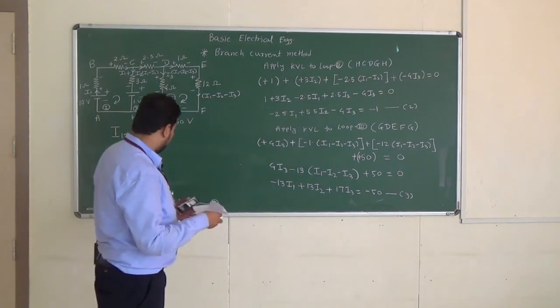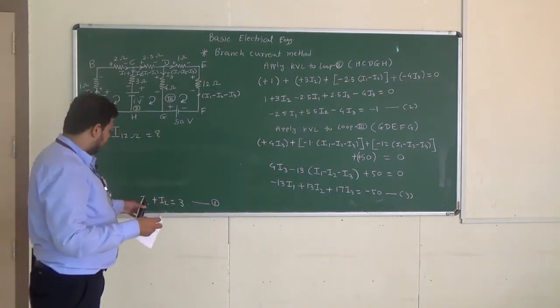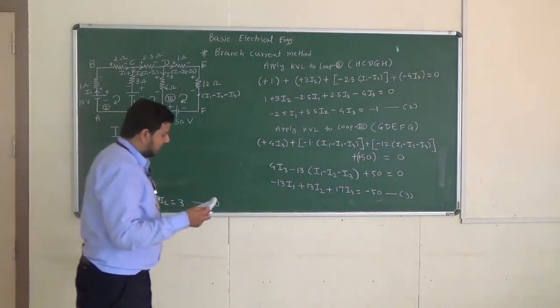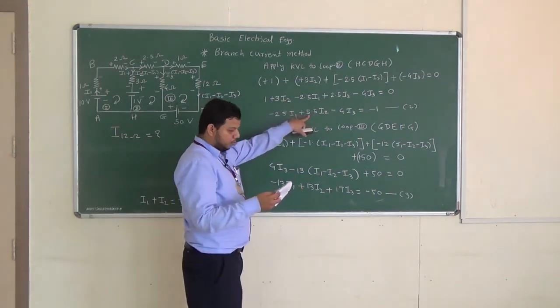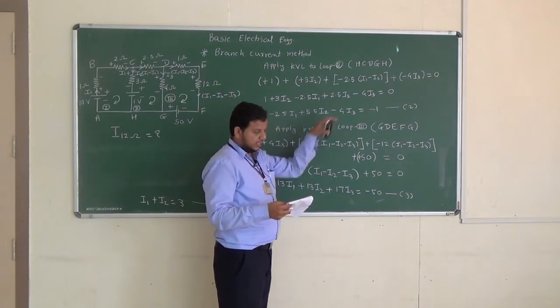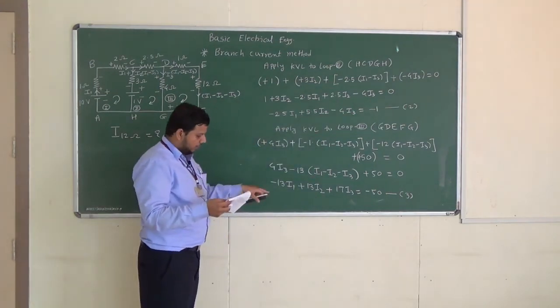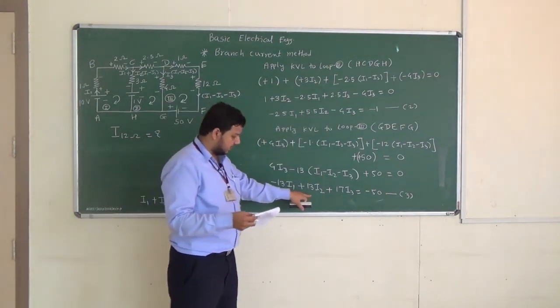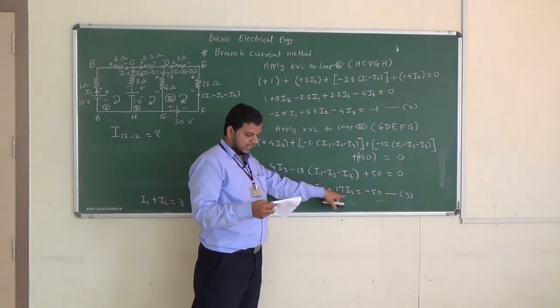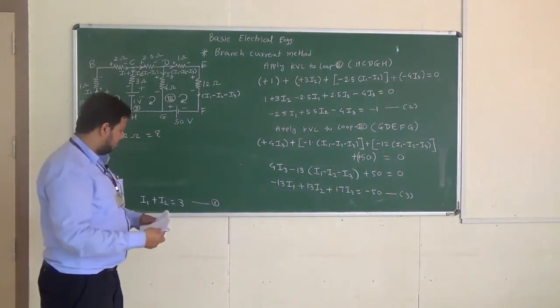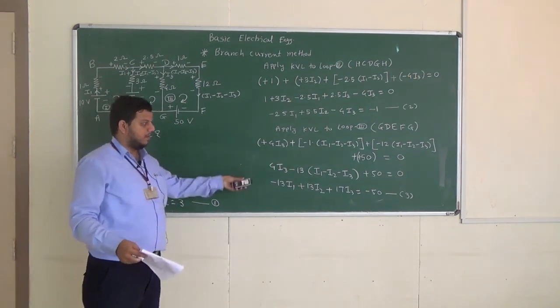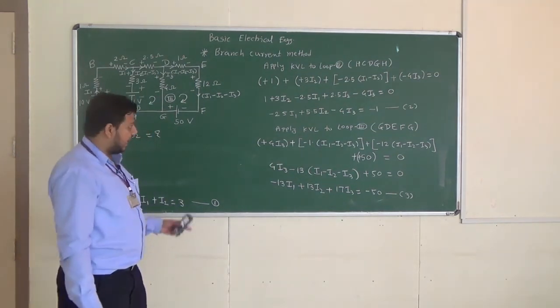So we have got 3 equations. First equation, I1 plus I2 equal to 3. Second equation, minus 2.5 I1 plus 5.5 I2 minus 4 I3 equal to minus 1. And third equation, minus 13 I1 plus 13 I2 plus 17 I3 equal to minus 50. Now as we know, we can solve these 3 equations by using Cramer's rule, or we can directly solve these